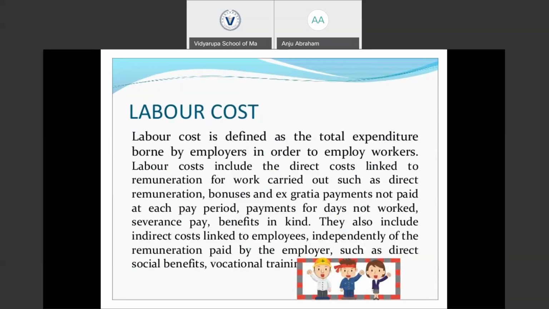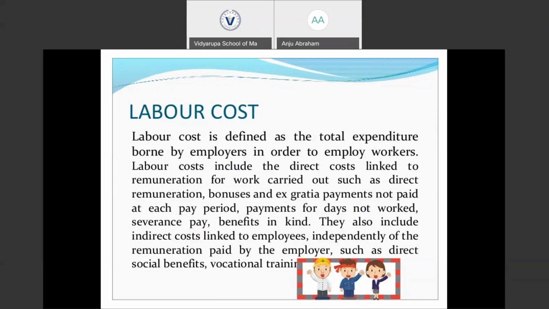So the labor cost includes the direct cost of providing remuneration for work carried out by the laborers, which includes direct remuneration, the bonuses provided, and gratuity or ex gratia payments, which are not paid each pay period, and the payments for days not worked, which is the leave pay and the severance pay. Any other benefits in kind provided to the employees are included in the labor cost.